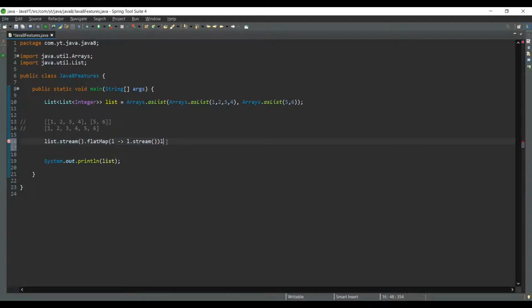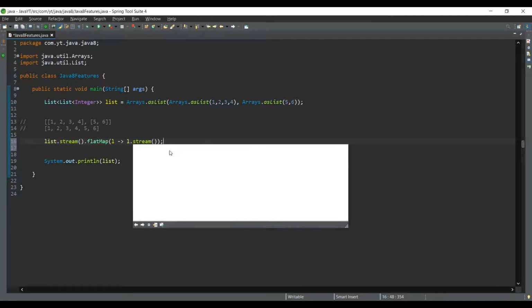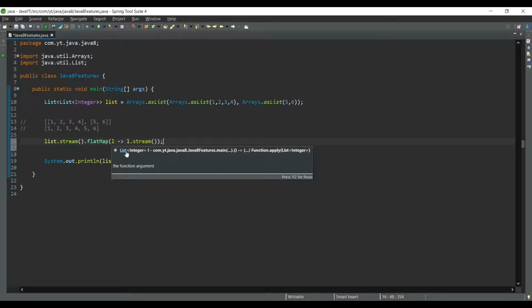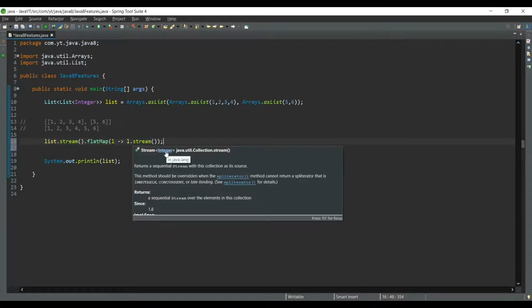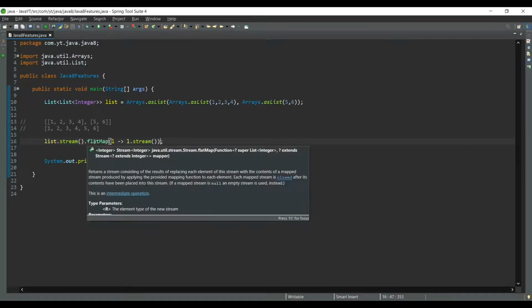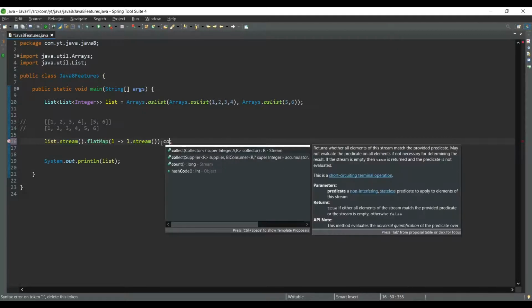So let me show you. So that is some integer. So you have converted a list of integer to integer. So this was basically an input of stream of list of integer, and now it's a stream of integer. So you have gone basically one level down. So flatMap returns a stream, so we can collect that into a list. So a terminal operation,